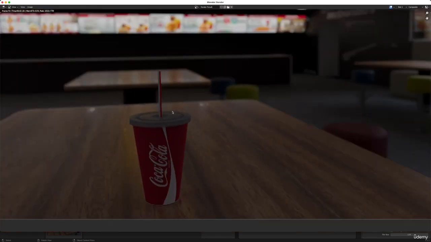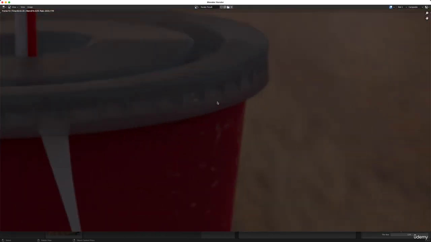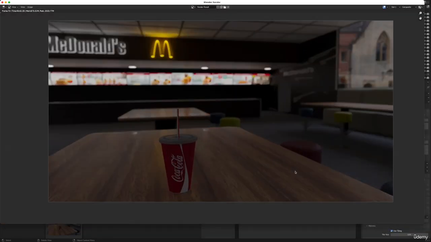Now, of course, many other things can be done in this picture, and we can continue working on it and tweak it, etc. We can work in the composite, etc. And I will, of course, address all these things, but you have now learned everything about rendering with cycles from the scene